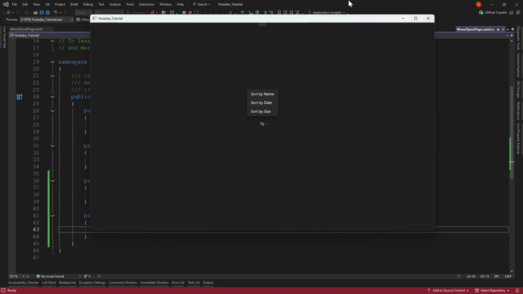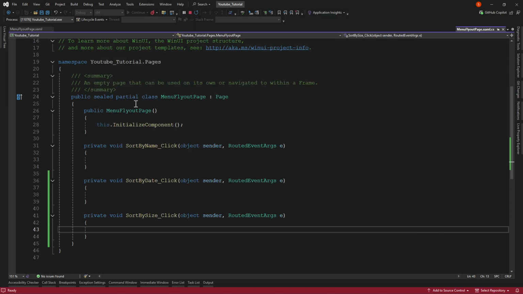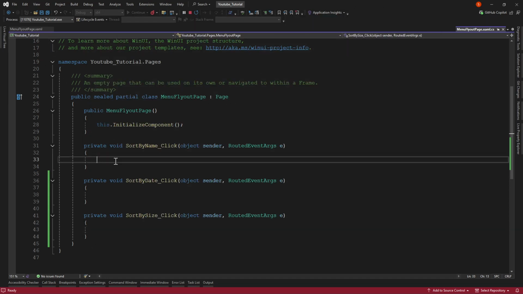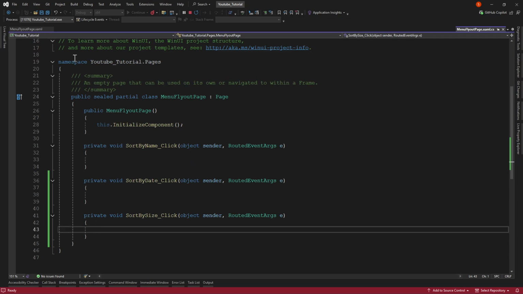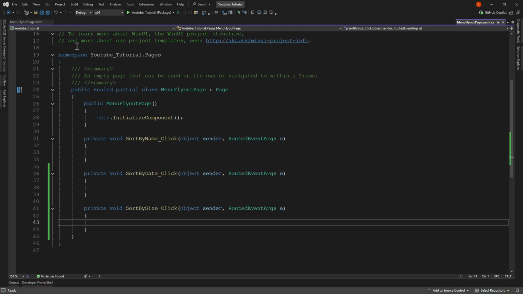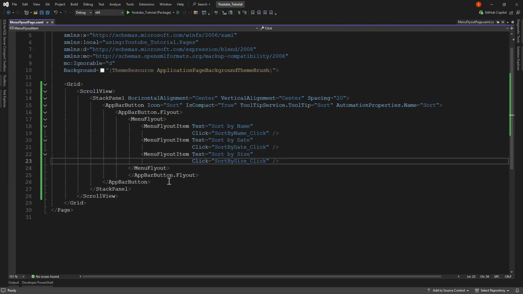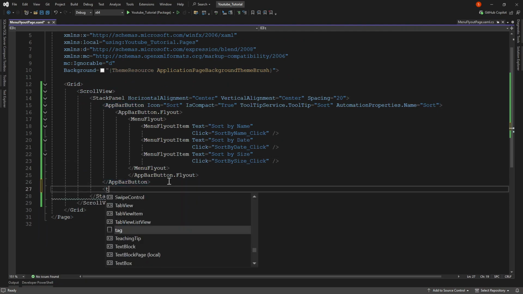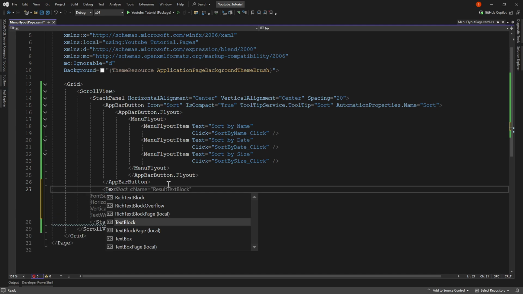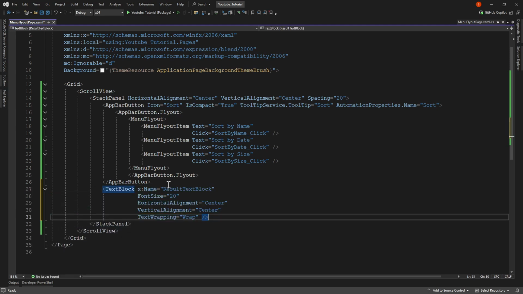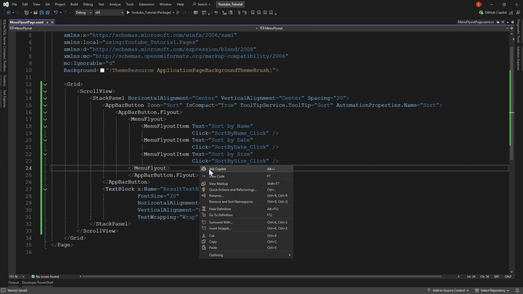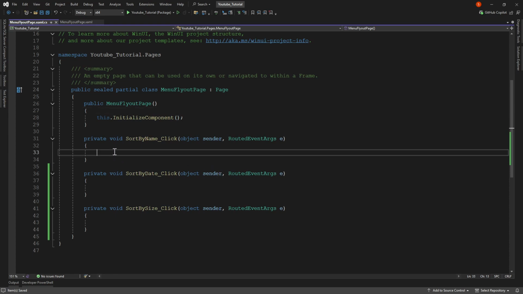Now I need some text block to show that this element is clicked. So stop it and go to the new backup and try with the text block. Okay, result text block like before. Go to definition, right?